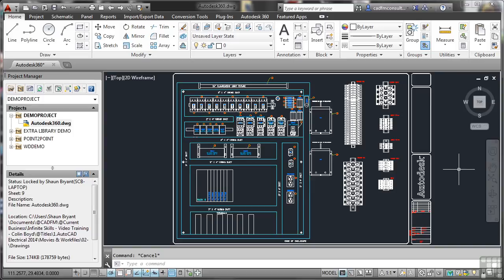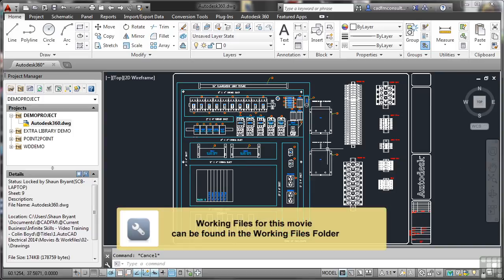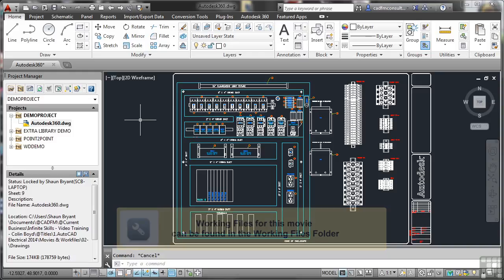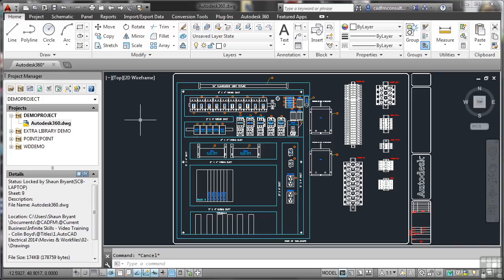I've got a drawing open in a demonstration project. You can see it over here in the project manager on the left. It's demo project and the drawing name is autodesk360.dwg. We're going to have a little look now at Autodesk 360 and how it works and how it's integrated